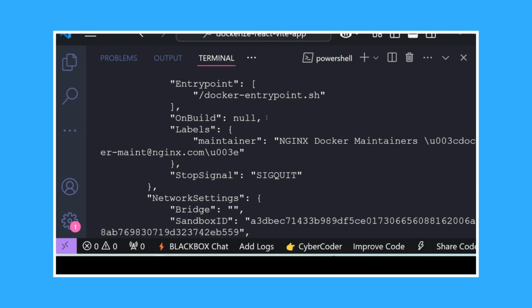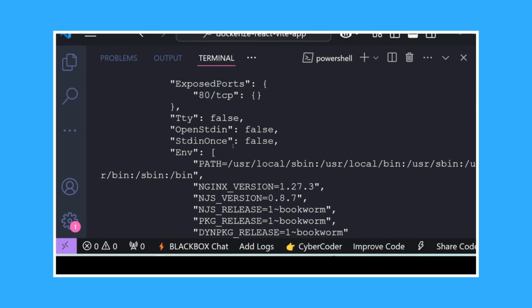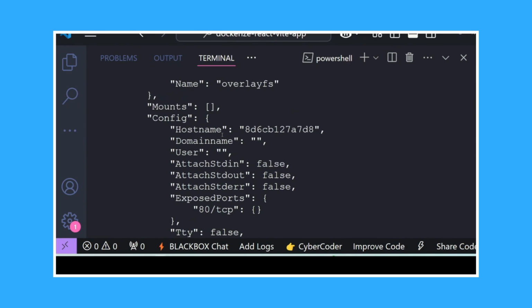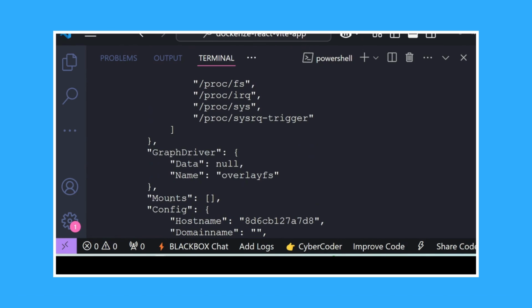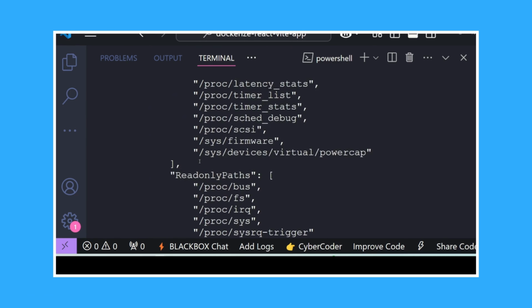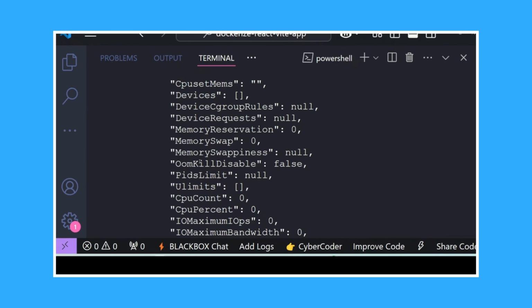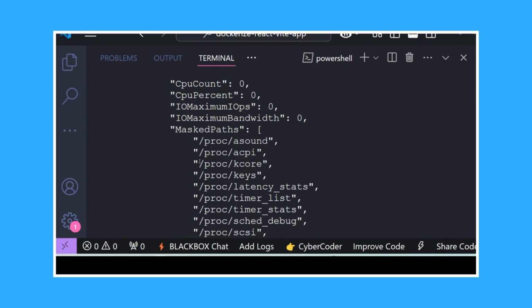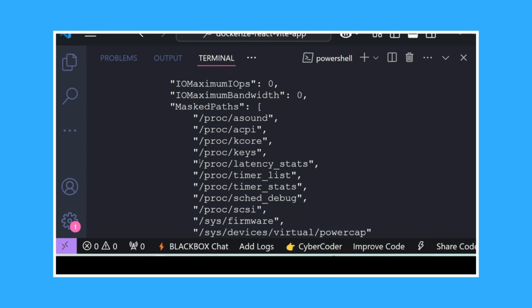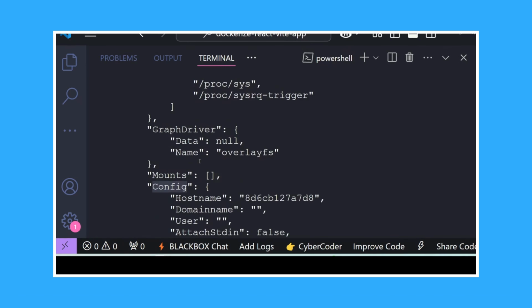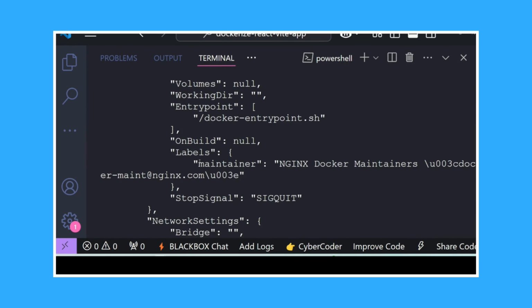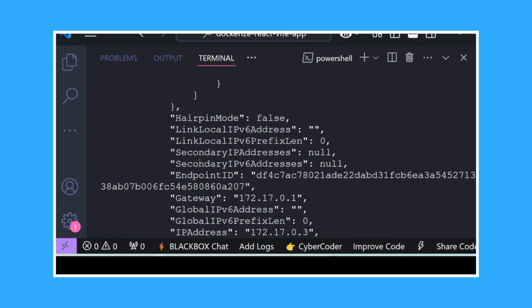We have network settings, we have an ID, we have mounts, we have config information. This is all about the container information. So using docker container inspect, you can get the full information about the container by providing the container name or